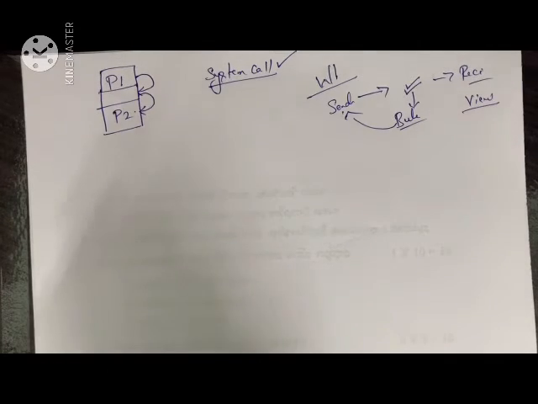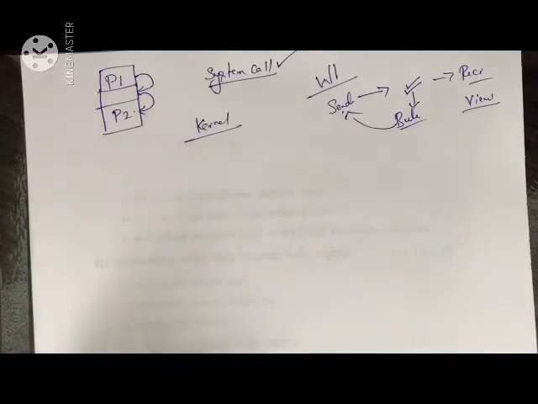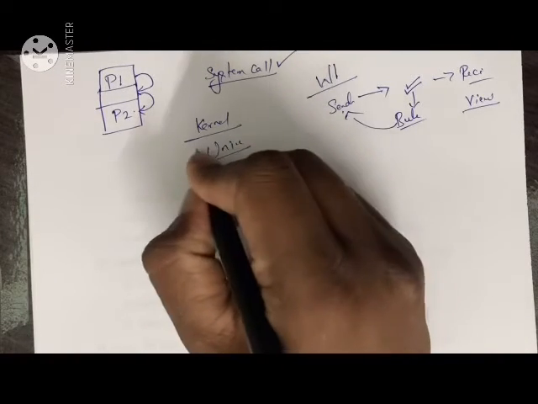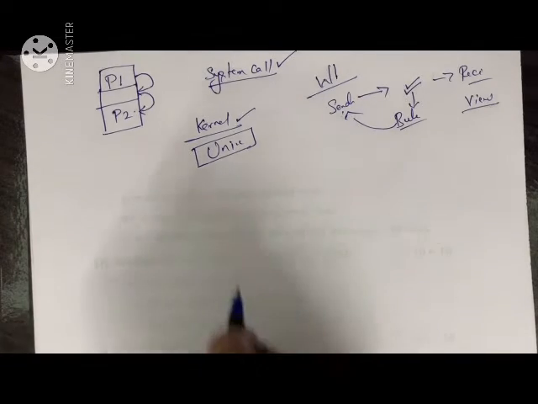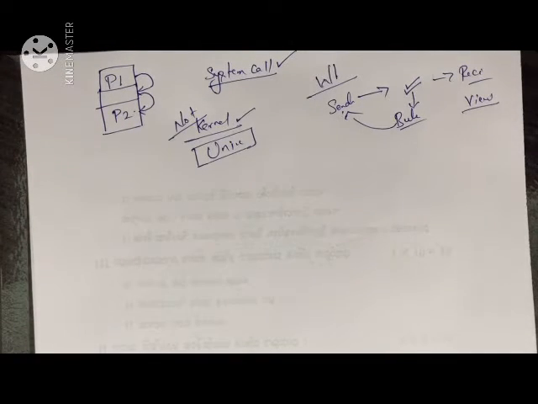So here there is no requirement of the kernel. Kernel is nothing but the heart of your operating system. We have an operating system called Unix. In that Unix operating system, we will come across the kernel. Kernel is the major section of your operating system which controls all the events, which is not required when you are using the method called shared memory system. So that is about what a shared memory system is and how data is used in it.